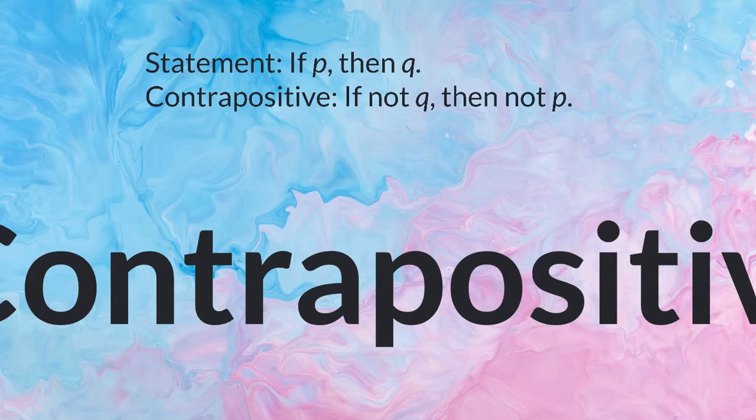To express the contrapositive of a conditional statement, interchange the position of hypothesis and conclusion and negate both of them. In general, in the statement if P then Q, the contrapositive is if not Q then not P. This is denoted as the negation of Q implies the negation of P. This can also be written as